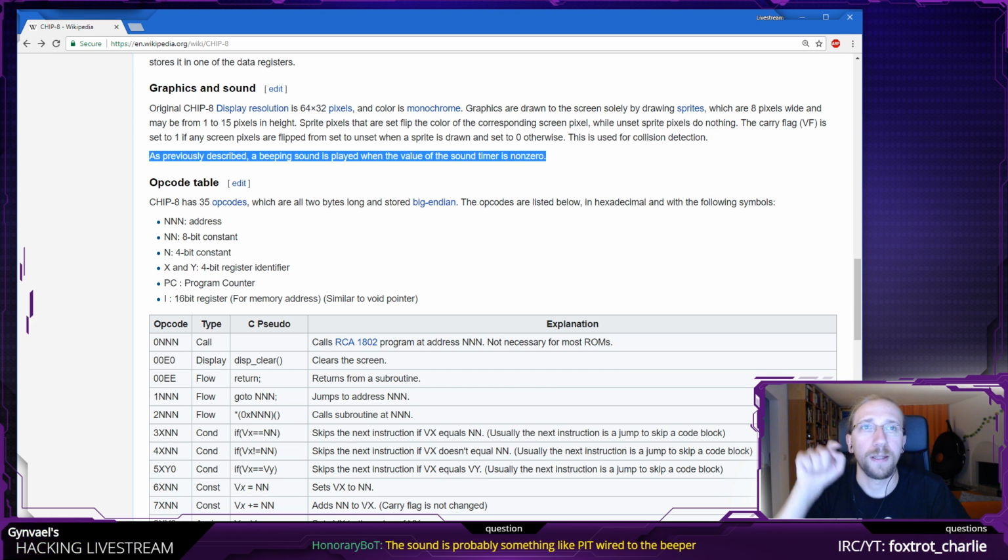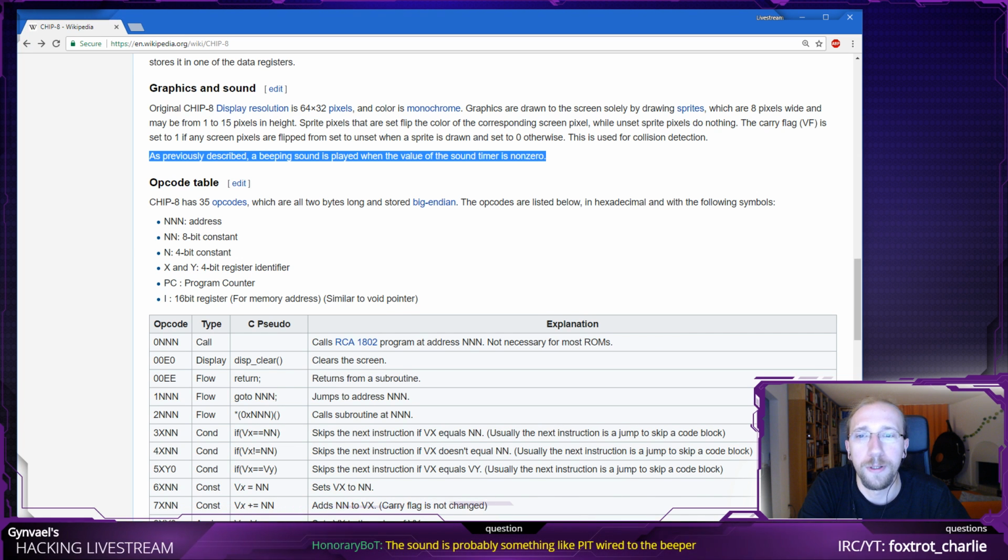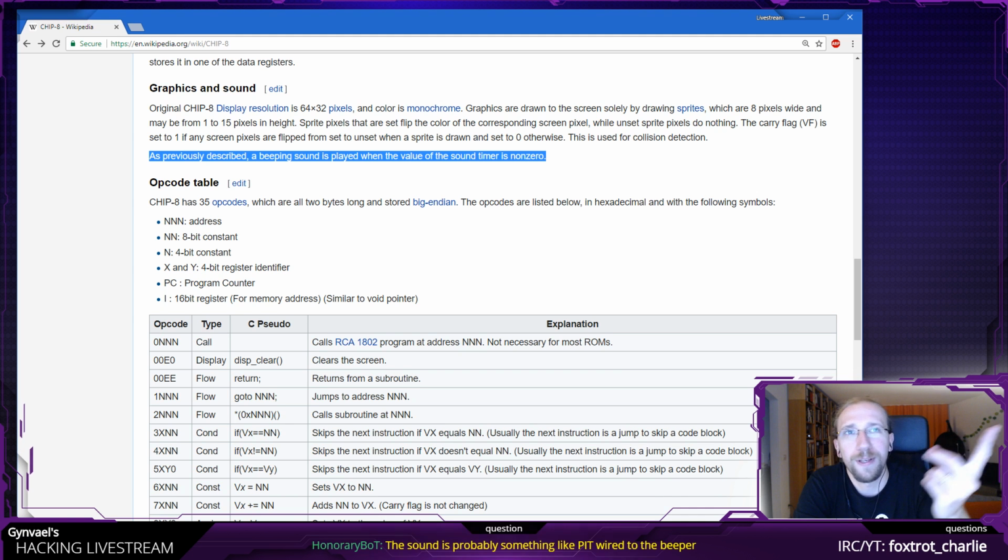So I guess this is related to what HonoraryBot is saying here, that the sound is probably something like a pin wired to the beeper. I was thinking, what kind of sound do we expect? Is it only either there is a beep or there is no beep, or can you actually somehow set the frequency of a beep?